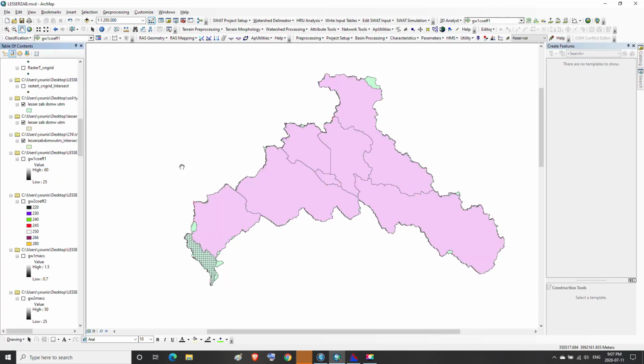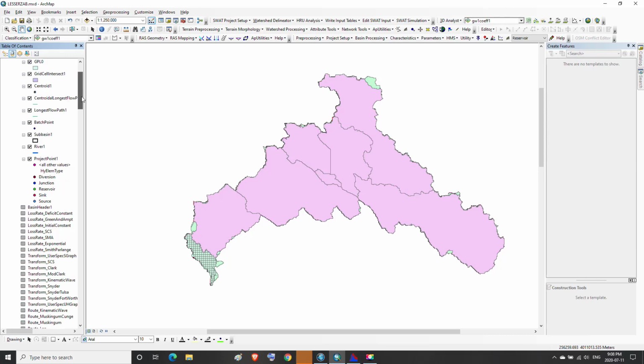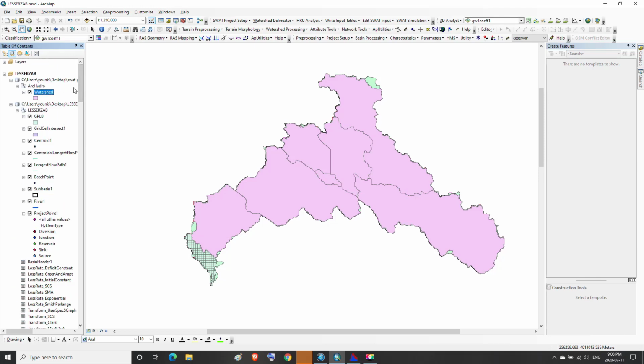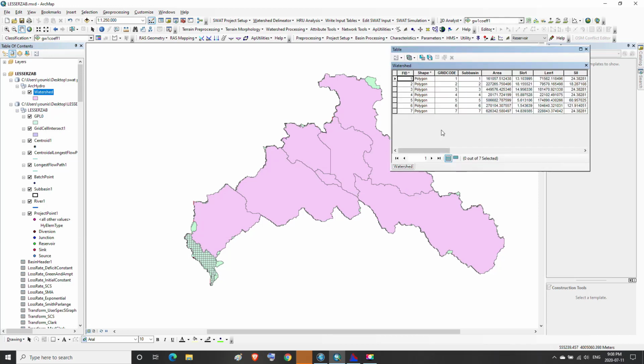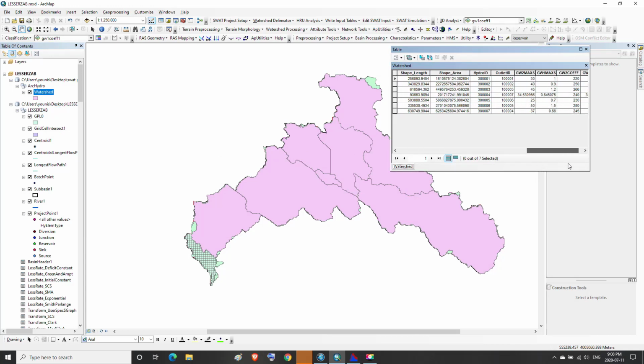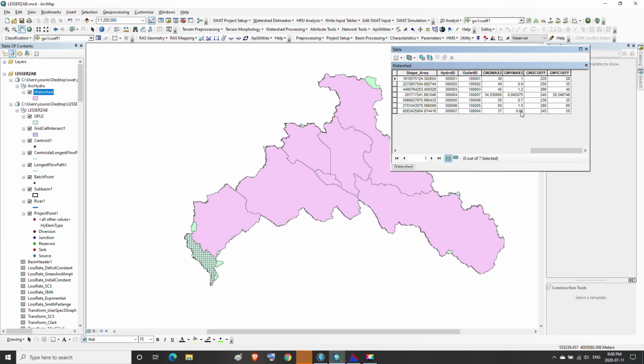The watershed layer is added to the project, where we open the table of this layer, and in it there are the values of these parameters, which are the GW1 coefficient and GW2 coefficient.